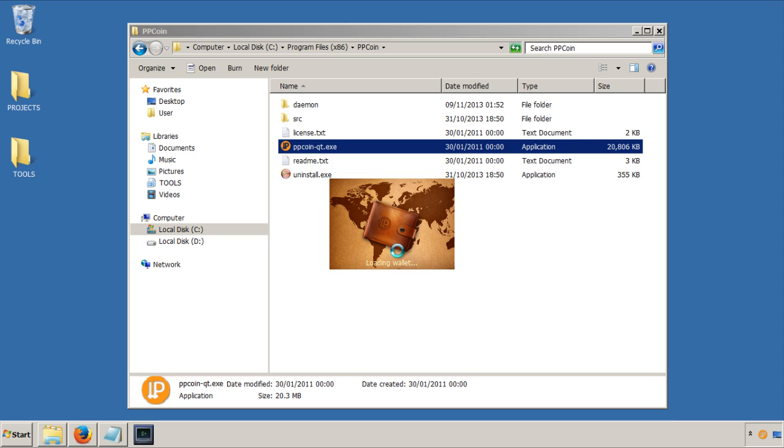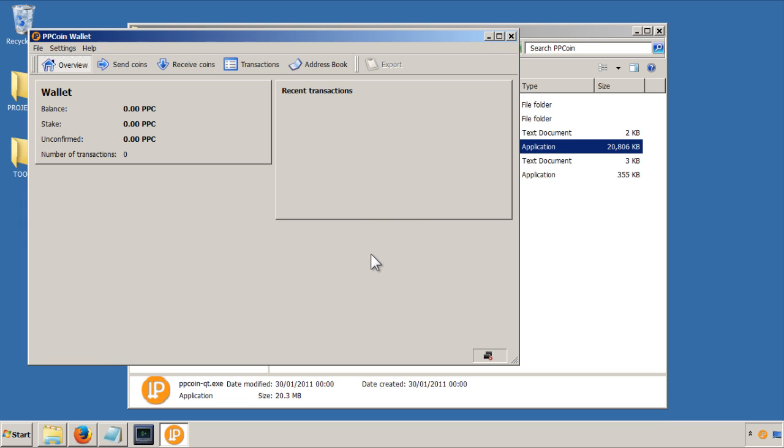And the first thing that will happen is it's going to try and connect to the network. So make sure your firewall is going to let it go onto the internet. And what it will try and do is update its status to find all the blocks that have happened so far. I don't really know what that means, but I think it basically means that it's going to make it up to date with all the transactions that have happened with Peercoin so far.